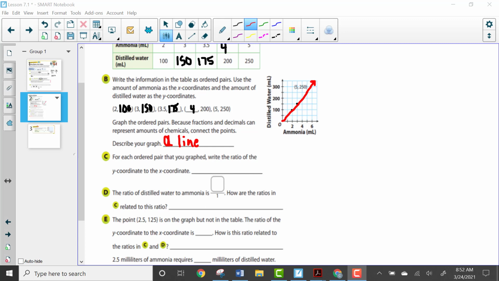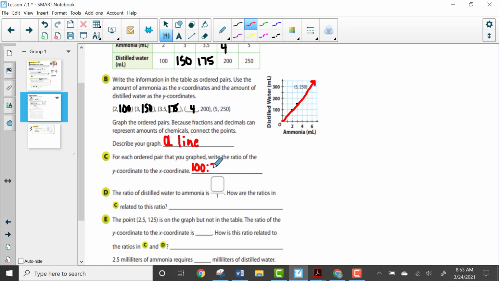Now the next question they're asking us is for each ordered pair that you graphed, write the ratio of the y coordinate to the x coordinate. So we're going to take a look at the y to the x. So if we have 100 to 2, and then we have 150 to 3, 175 to 3.5, the ratio is 50. I'm sorry, the unit rate is 50 to 1, but we can see the ratios here for C would be